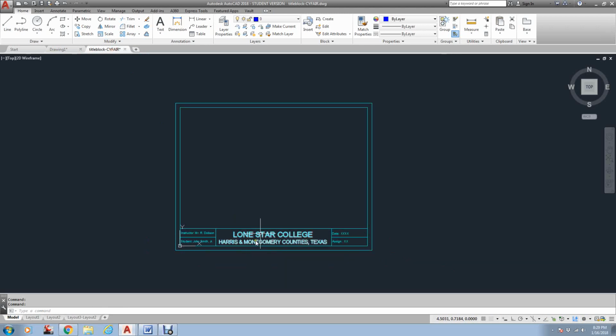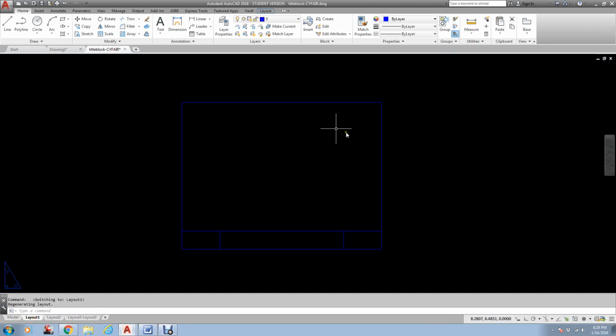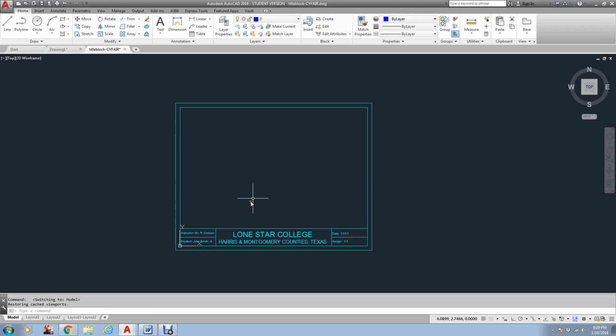But so you understand, whenever you insert something, if you insert the whole drawing, the only thing that will come in is what's under model space. If you did the title block, as you can see, here's a title block here. Anything that's in a layout will not come in when you insert the whole drawing. All of these are stripped away. The only thing you can get is what's in model space. So do not create or put a title block in any kind of paper space or layout,